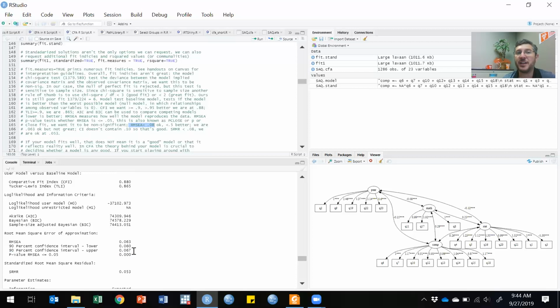And we typically want it to be less than 0.08. Less than 0.06 is even better. So we're okay here. A lot of the readings give lots of different recommendations for these, so I'll let you look through that and see. A lot of times they don't always agree about what is a good fit. They're generally around the same range, but people will give slightly different cutoff